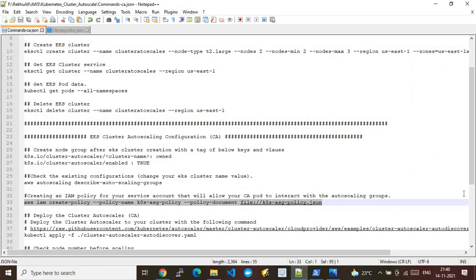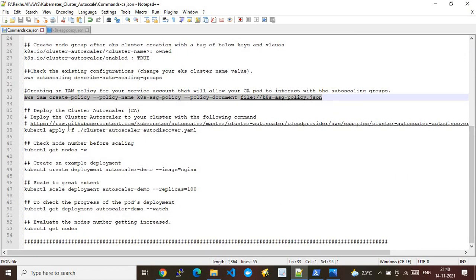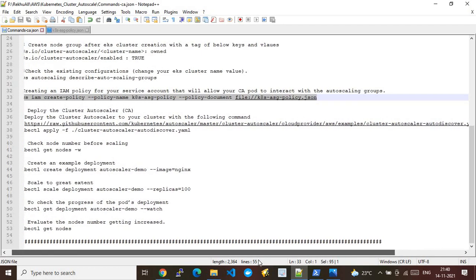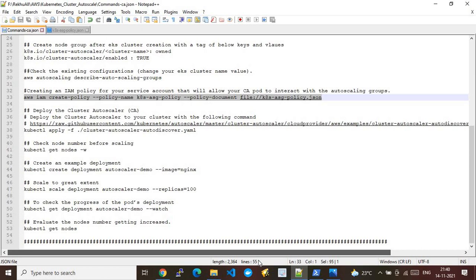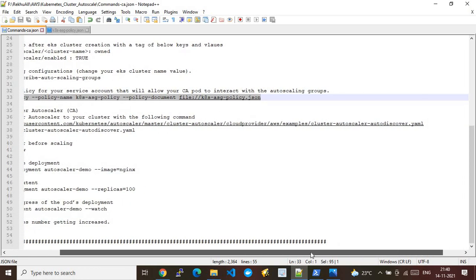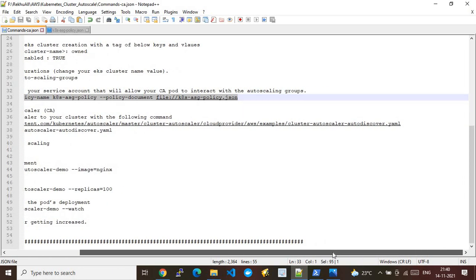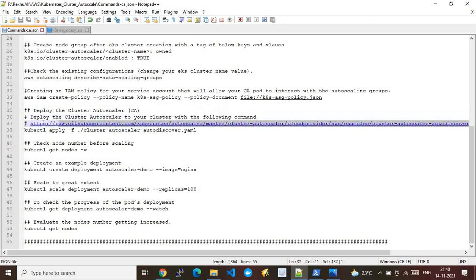Okay. Now let's go to the next step. The next step is to deploy the autoscaler. Okay, cluster autoscaler configurations at our Kubernetes management control plane, or Kubernetes control plane in simple words. Okay. So what we need to do is, you have to go to this URL. This URL is already kept in this command dot cluster autoscale JSON file, and this file will be shared in my repo, and the repo link will be shared in this video's description. Please find it there. Okay, so you need to go to this path and copy the content present in that file.